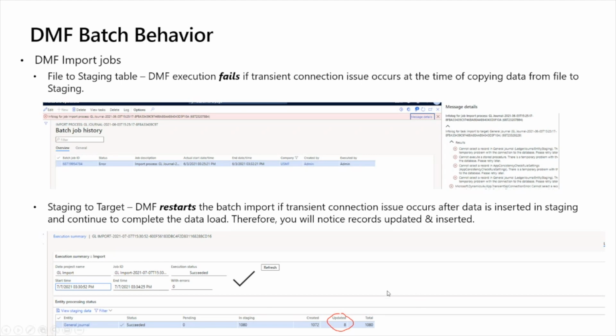As you can see here, in line with what Harsh was explaining, I was loading 1080 records, and after 8 records were loaded, I had a SQL transient failure. Then the DMF retried that load again, updated the first 8 records, and the remaining 1070 records got inserted. That's the behavior you see when the DMF loads are happening.